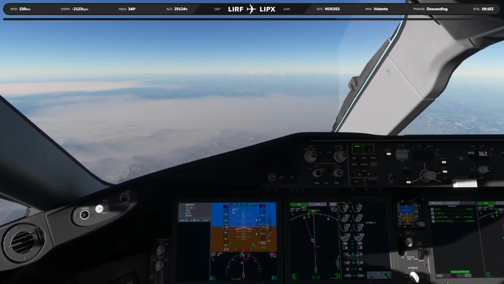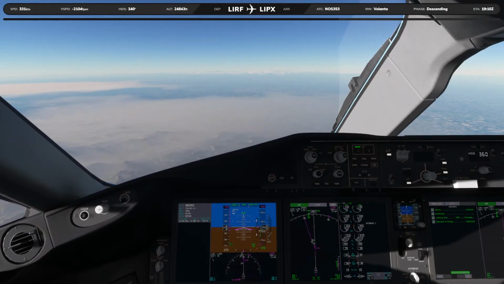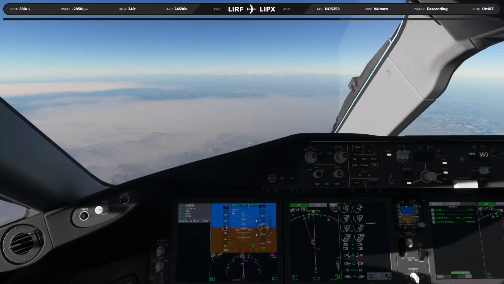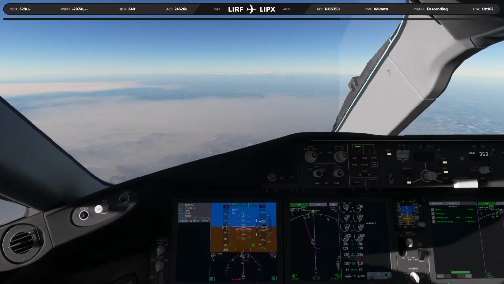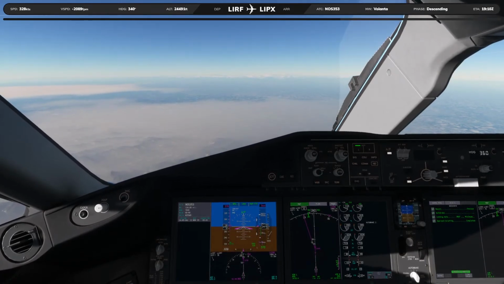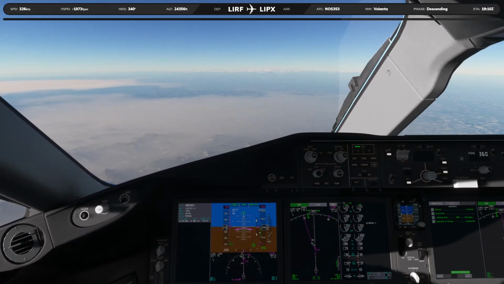But I'm sure that if you own it for X-Plane 11, and there is a fee, it's going to be discounted. I don't think you're going to have to pay the full price for the X-Plane 12 version, but that is my hunch.